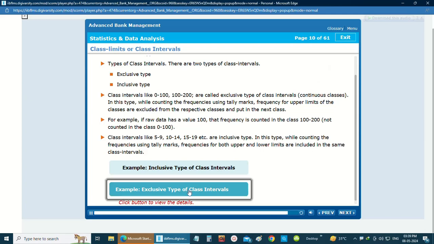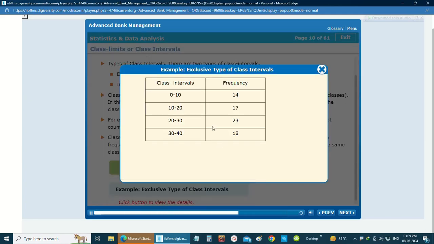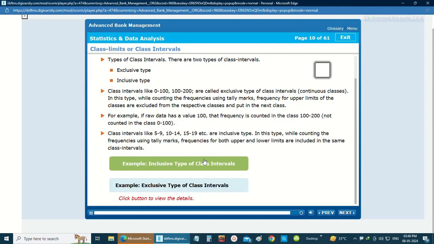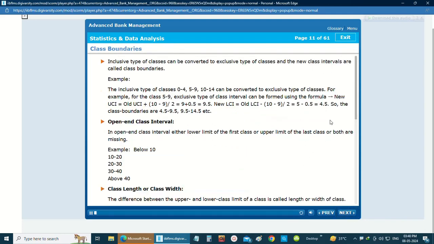Exclusive type of class intervals. Class boundaries. Inclusive type of class